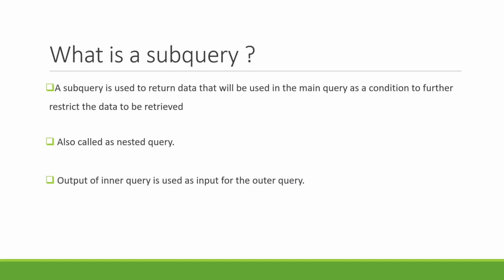This is a very big kind of a definition, but if I talk in simple terms, you might have learned about the concept of nested loops in some of the programming languages, right? So similarly, this is the concept of nested querying. In a nested query, there is an outer query and an inner query. The inner query is termed the subquery, and the output of that inner query acts as the input to the outer query. And so the flow goes on. This can be nested in a longer chain also. There can be many subqueries in a sequence. So this is the concept of a subquery.